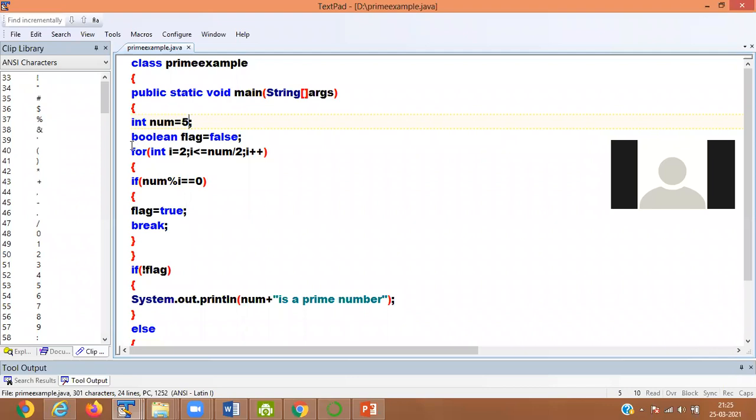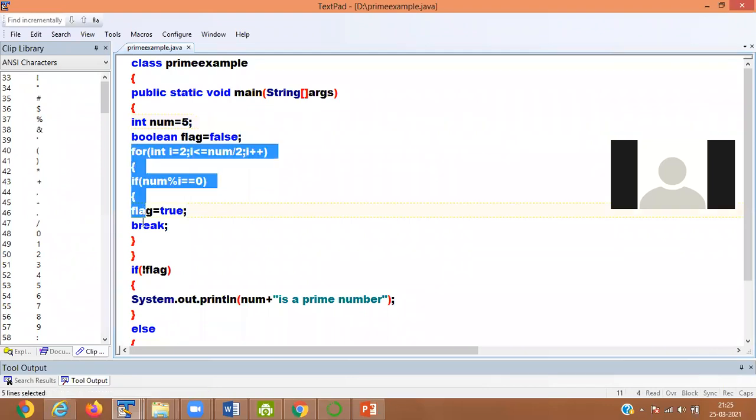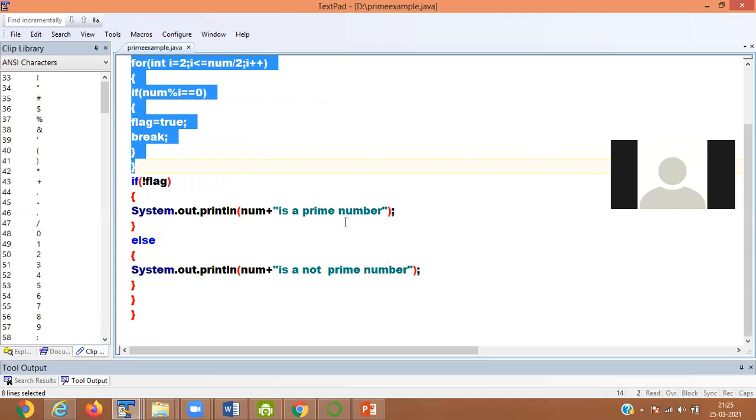The condition is false. So now your looping is false here. When the looping is false, then not flag. Not flag means flag now becomes true. So it is showing you it is a prime number, meaning 5 is a prime number.